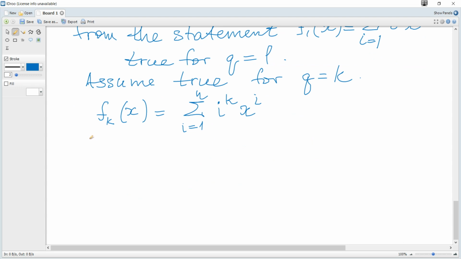And the next step is we consider q is k plus 1, and we consider fk plus 1 of x, and what is